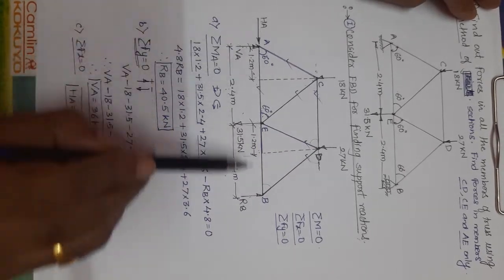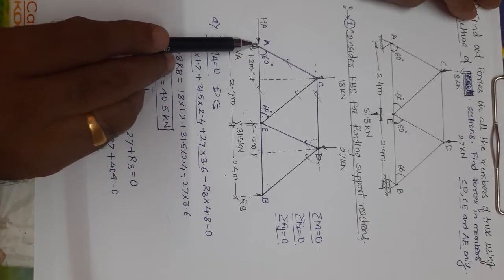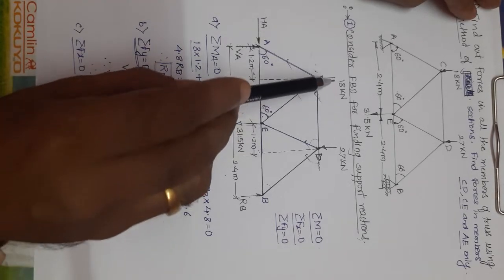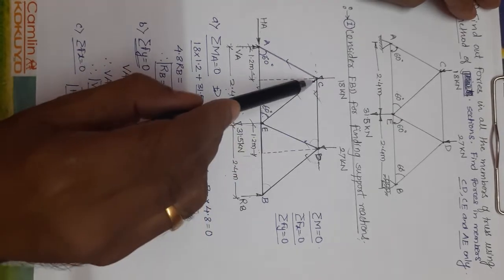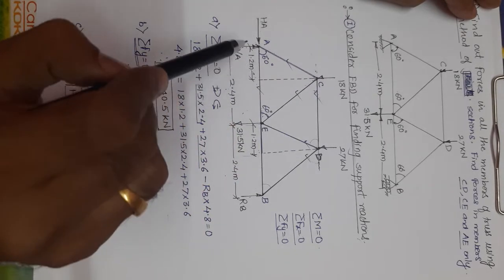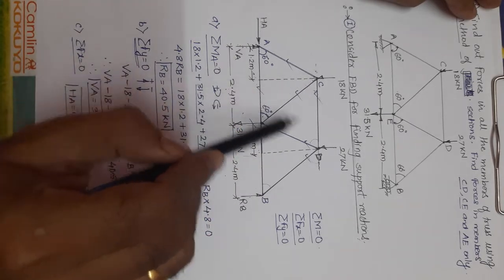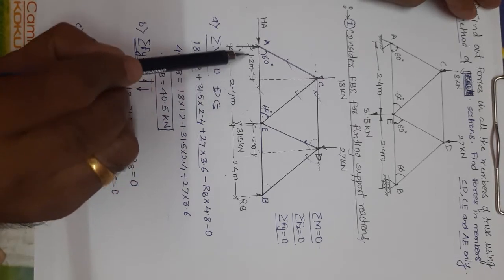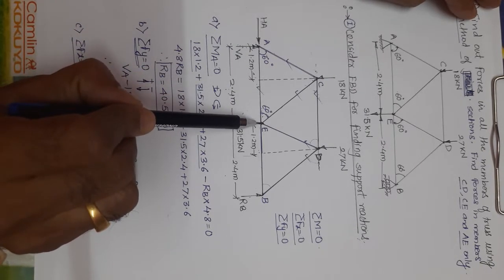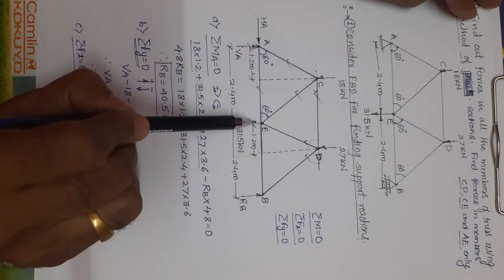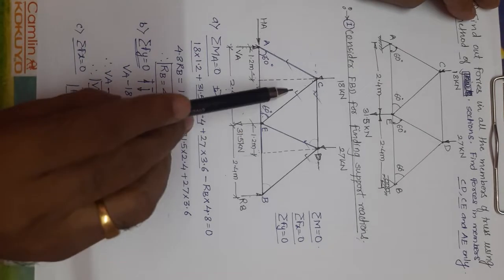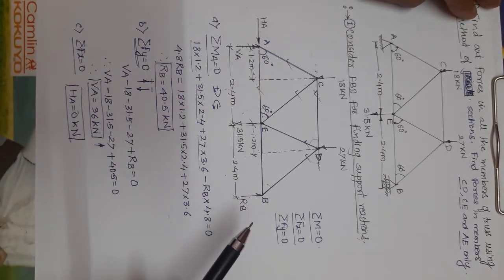Now as far as RB is concerned, we know the distance between point A and RB, that is 4.8. But as far as 18 and 27 are concerned, the distances are not known from point A. So what is the procedure for that? Just drop the perpendiculars, and as this is an equilateral triangle, this will bisect these two. So this will be 1.2 and this will be 1.2, though the figure is not drawn to scale. Now we are all set for finding the reaction at RB.